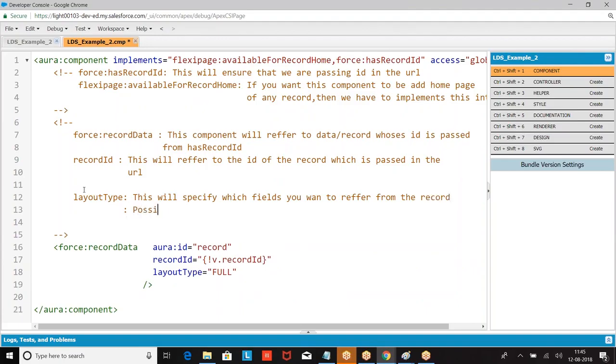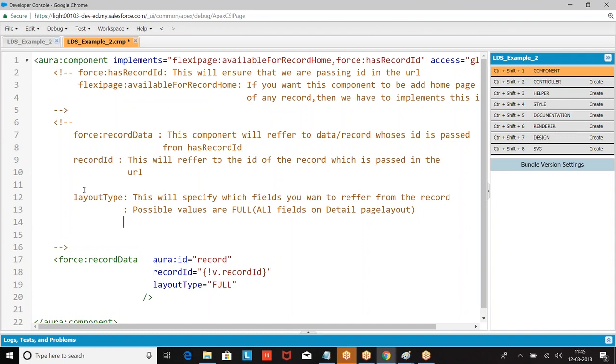Possible values are full, all fields on the layout, and compact, compact fields on the layout.